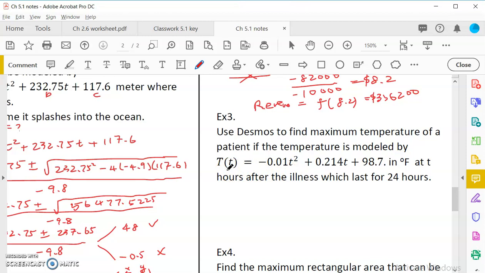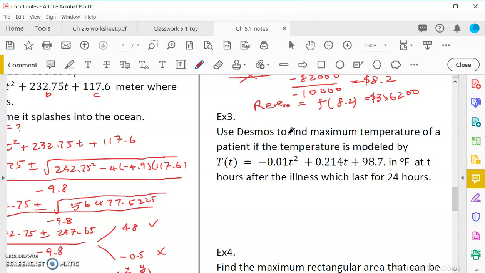And we can actually do negative b over 2a, right? Because we are talking about maximum, not solving the quadratic formula. We are not solving for 0. So maximum is just negative b over 2a, so it's not too bad, but we'll try to use decimal to find it. So write down